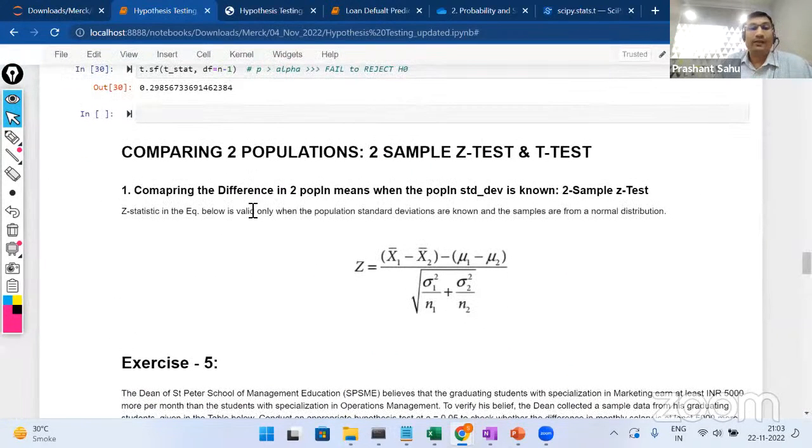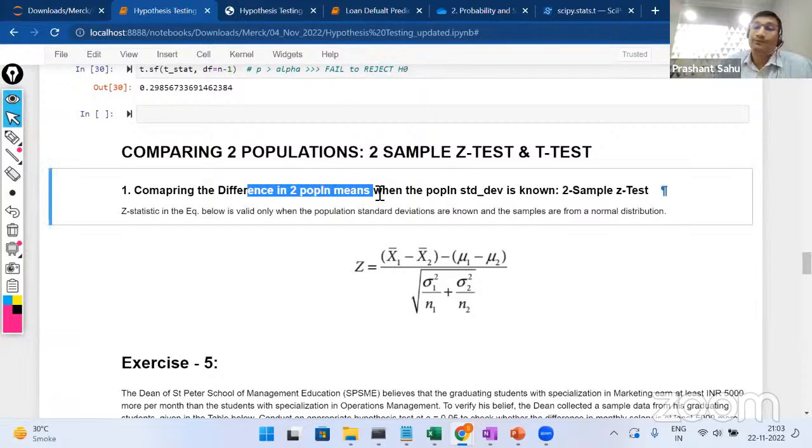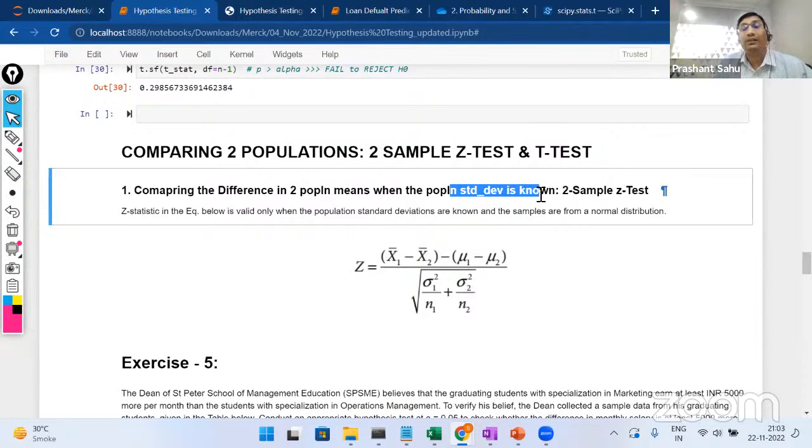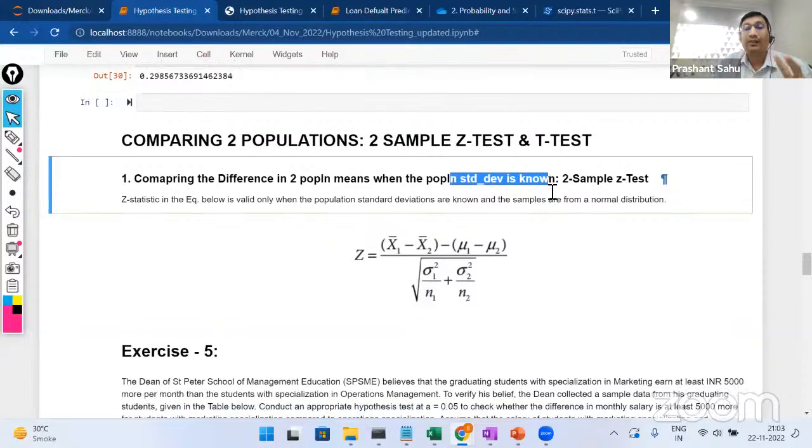Perfect. Last two cases quickly. So now if you want to compare two different population means altogether, and when the standard deviation of the population is known, you can go for a 2-sample Z test. Once again, you can compare two population means. So two different populations altogether. And the population standard deviation is also known. In that case, you can use the